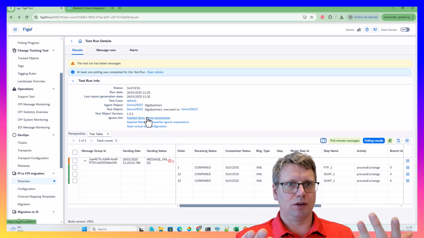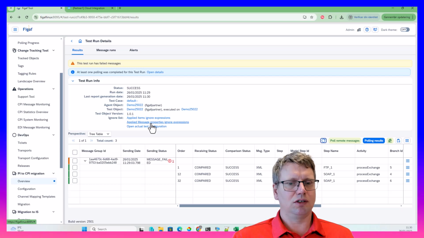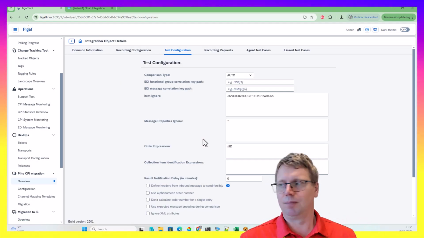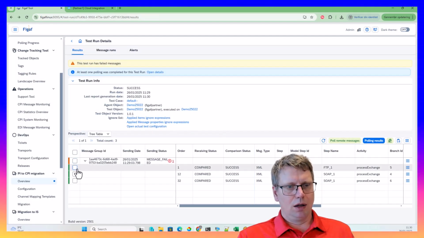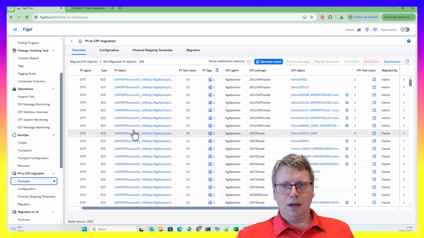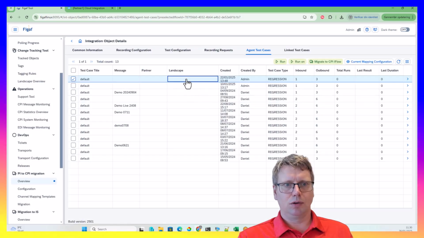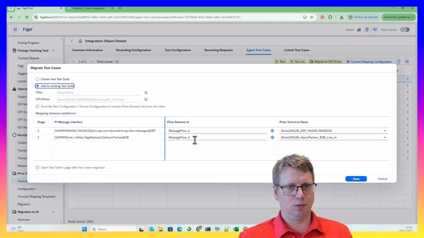So if you do this update, obviously run the message again, remove these extra conditions that you have added to make sure that they function as you want them to do. Okay. Here we also have a pipeline concept. So if we want to migrate it, we select migrate test cases to it. We select our payloads, migrate data to an existing test suite. Here we can see we are using a